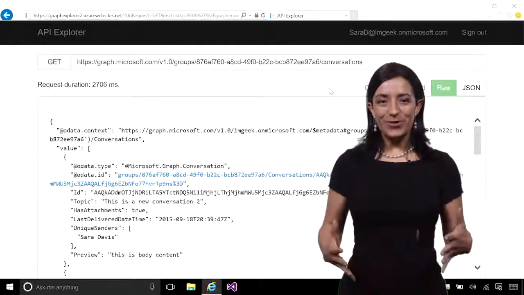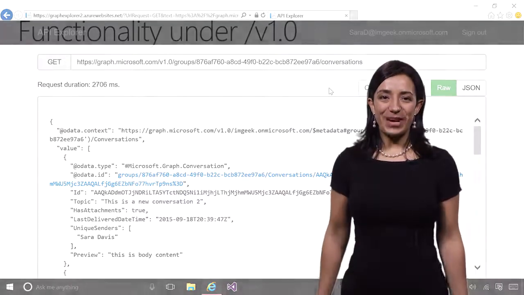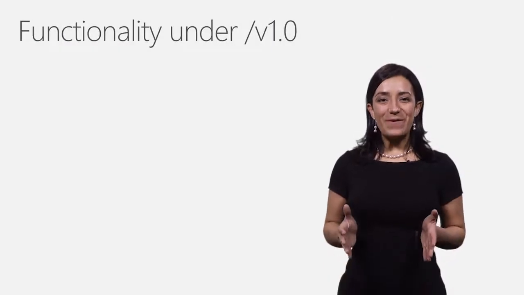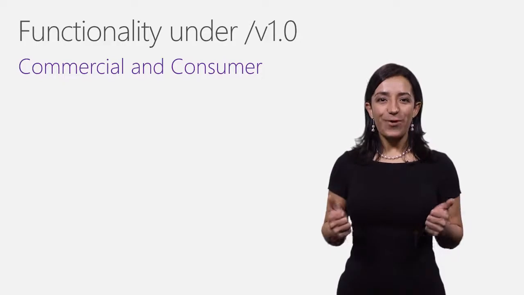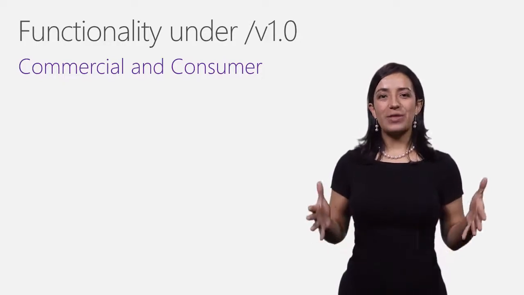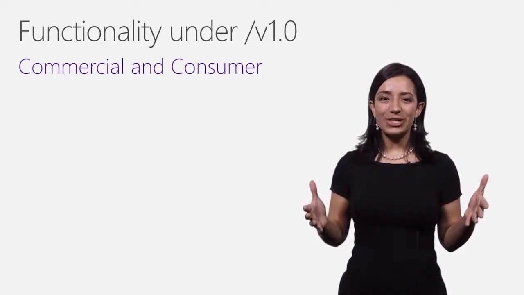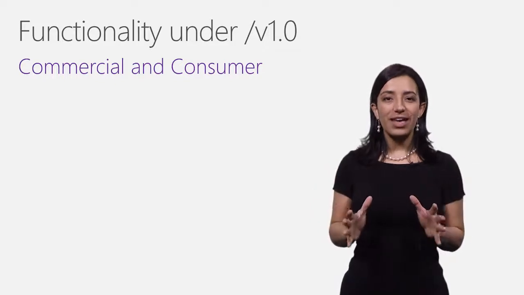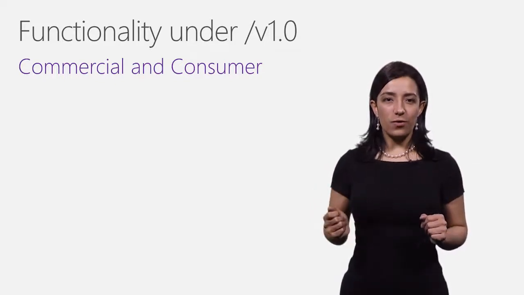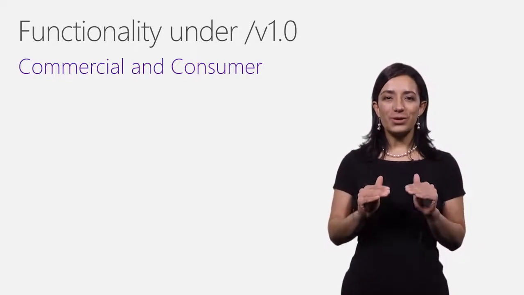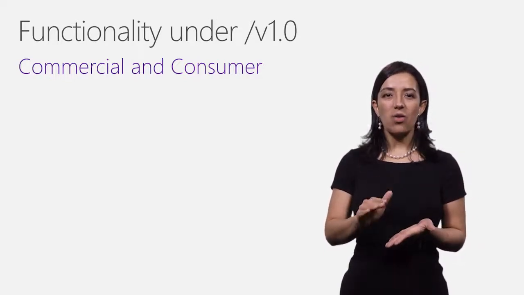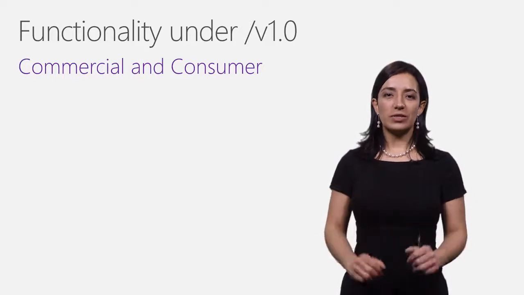Now let's go back to more information of what is available in the Microsoft Graph. The Microsoft Graph API v1.0 endpoint covers our commercial and consumer offerings. However, the authorization platform that supports both consumer and commercial accounts and our converged experience is still under preview. Therefore, if you're building production-level apps, you should focus on using Microsoft Graph API v1.0 to access commercial Office 365